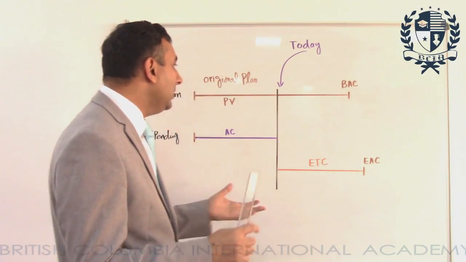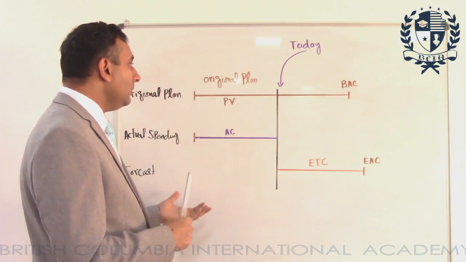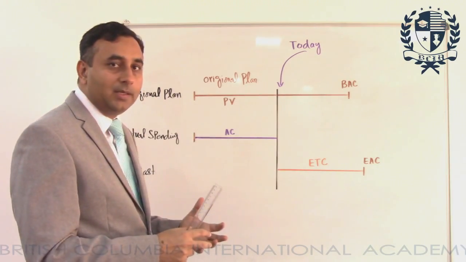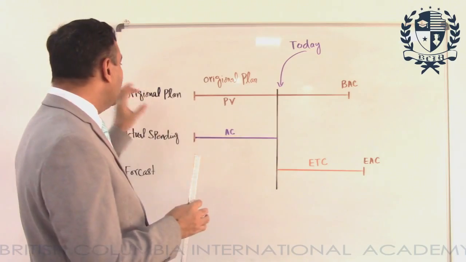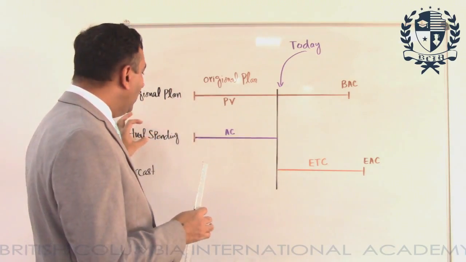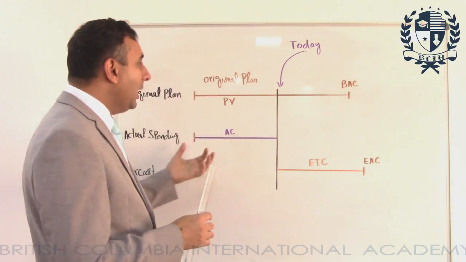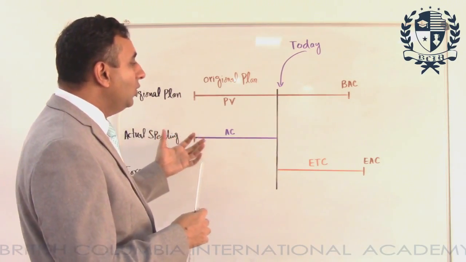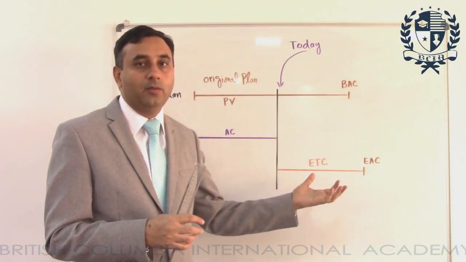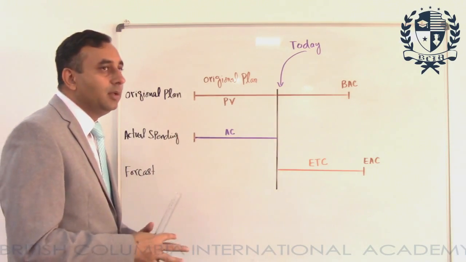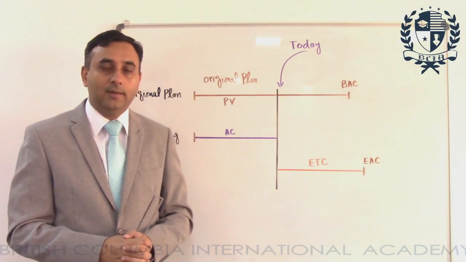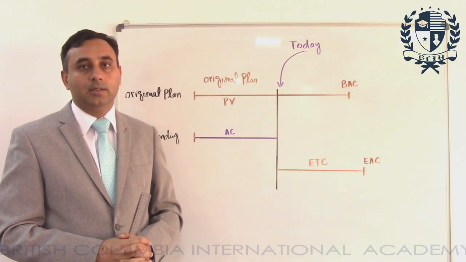But basically we need to know what the original plan is, how we are actually spending, and according to these two, how much more money we need. That is known as forecast. So from this diagram we can understand all three stages of the